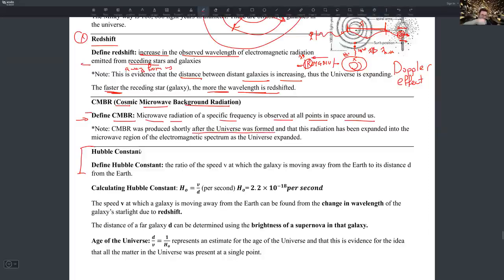So CMBR was produced, and you can use the abbreviation by the way. You can say CMBR. CMBR is produced when? When the universe was formed. And since the universe was formed at a point,